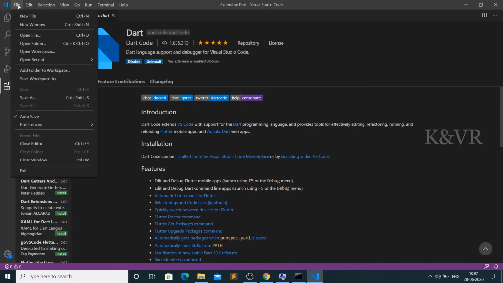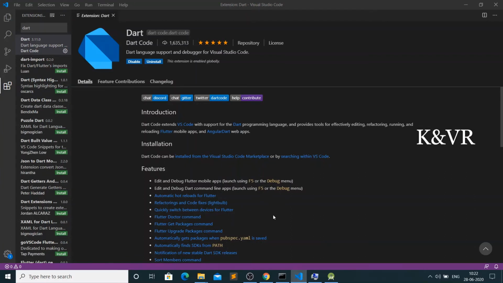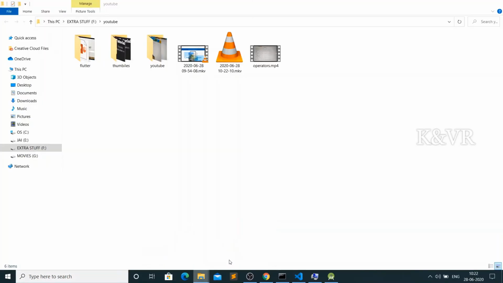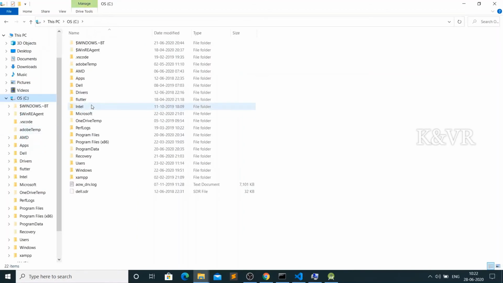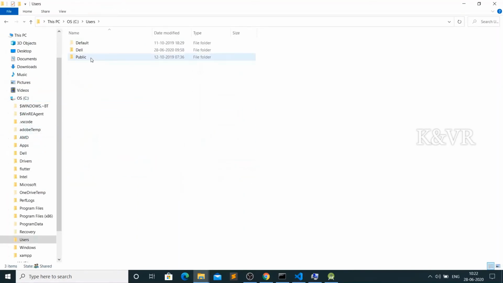Here I forgot to say that you need to put the Visual Studio Code bin path in the environment variables. Let's see how to put it there. Go to the file manager and open the C drive. Go to Users, then the user folder, and open AppData.